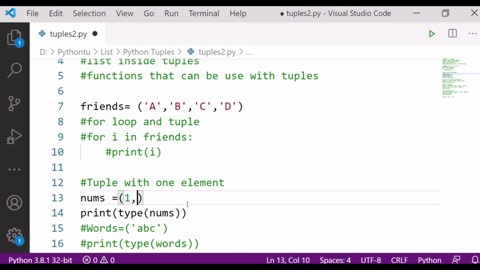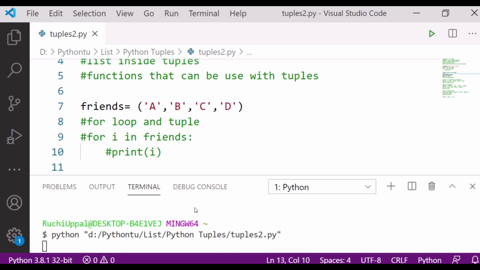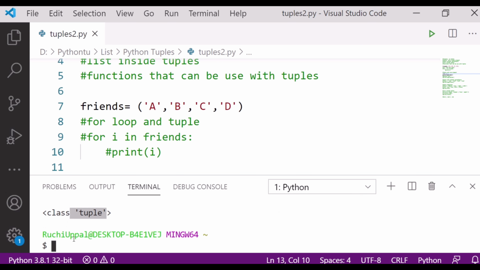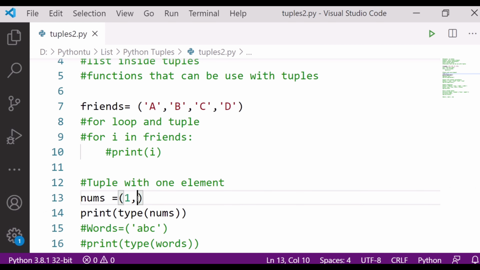Now if I put the comma, let's check what it says. You can see now it is telling that its type is tuple. So this is the important thing you have to note down: for a tuple with one element, we always have to write the comma.